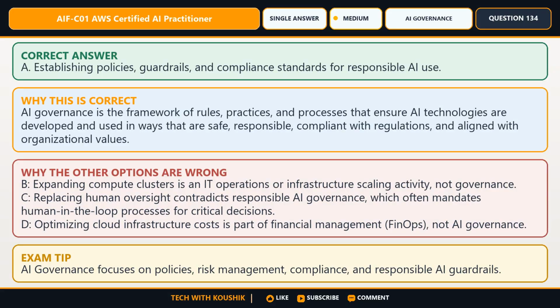The required response is A. Establishing policies, guardrails, and compliance standards for responsible AI use. The decisive reason is AI governance is the framework of rules, practices, and processes that ensure AI technologies are developed and used in ways that are safe, responsible, compliant with regulations, and aligned with organizational values. The remaining options fail one or more requirements because